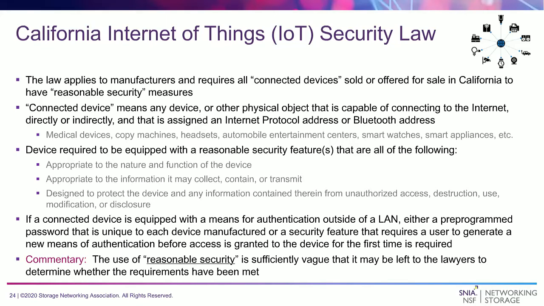And then the last one that we'll touch on briefly is the California IoT law. I won't read this slide to you, but basically it's any time that a device is connected, and that's either a protocol, be it an IP address or a Bluetooth address, assigned to a device, regardless of what the device is, be it a camera, a watch, and the list goes on, of course, that is affected by this law. The interesting thing about this law is that it uses this term, which I mentioned at the very bottom of the slide, reasonable security.